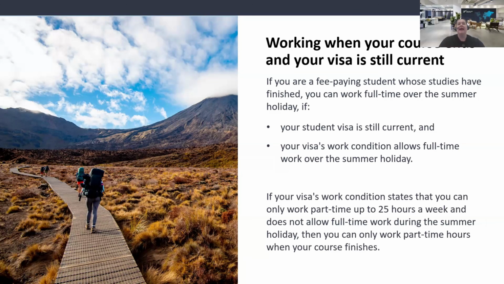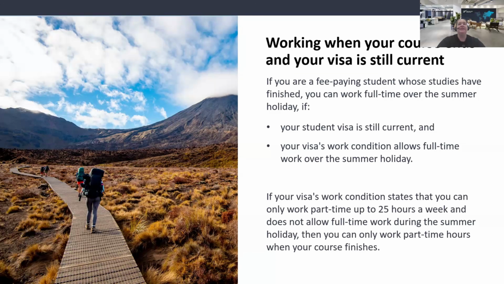Fee-paying students may be able to work full-time during that summer holiday period if their student visa remains valid and their visa conditions specifically allow full-time work during scheduled vacations. Having a current visa is not enough on its own to work that last summer. The work rights shown on the visa must also permit full-time work.